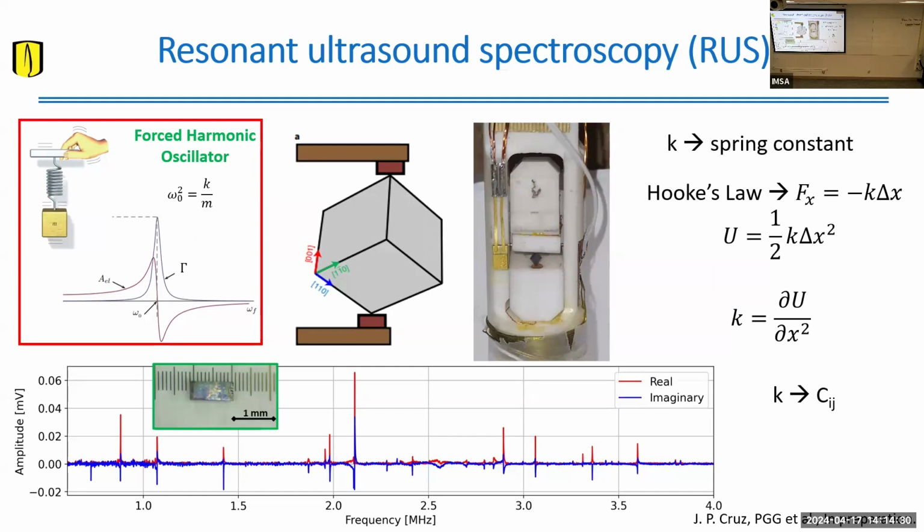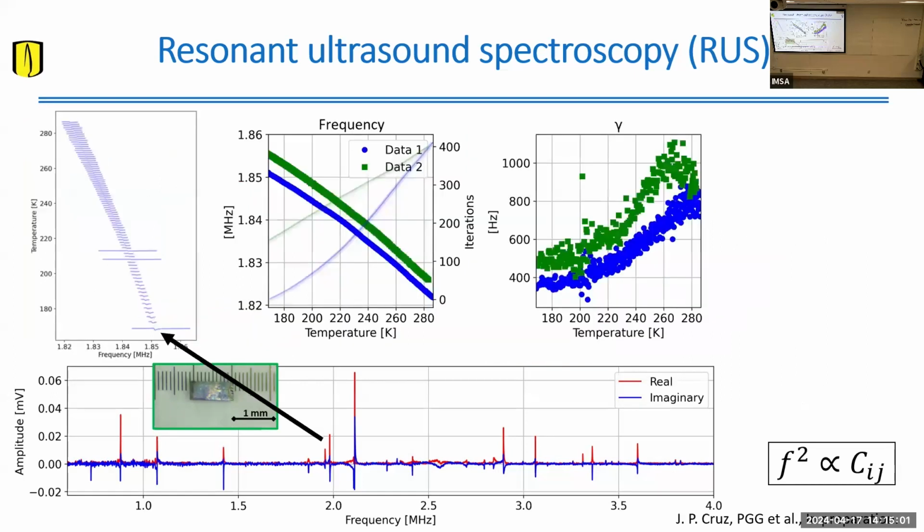All right. So you can actually have information of these elastic constants, which are quantities that are a derivative of the free energy of your system. Therefore, it's a thermodynamic quantity. If you have a thermodynamic phase transition, you would expect to see jumps in this quantity. So the frequencies are actually proportional to these elastic constants. There are more complications in these details that I'm going to skip for the matter of time.